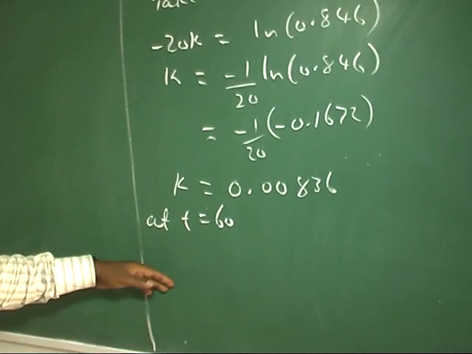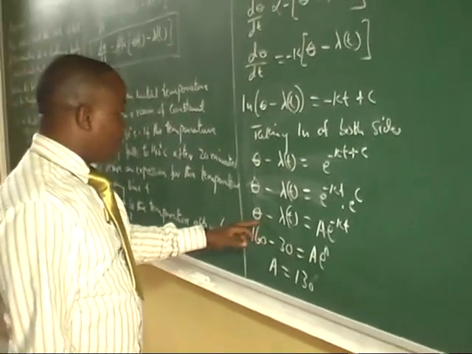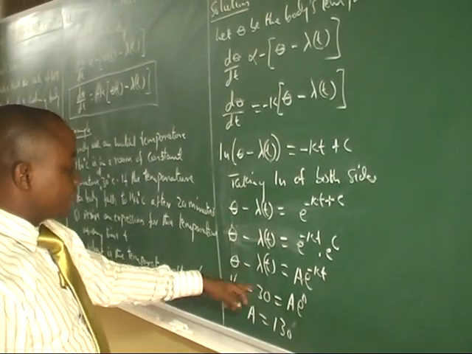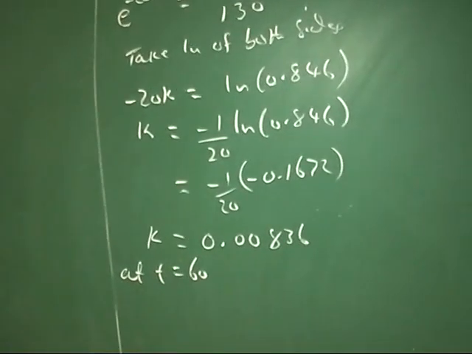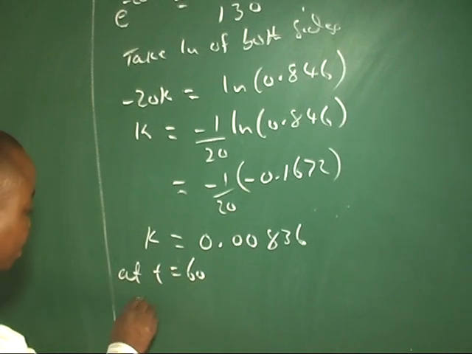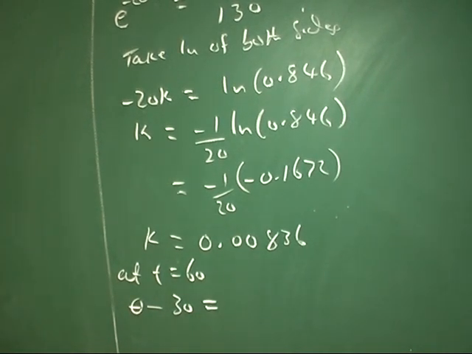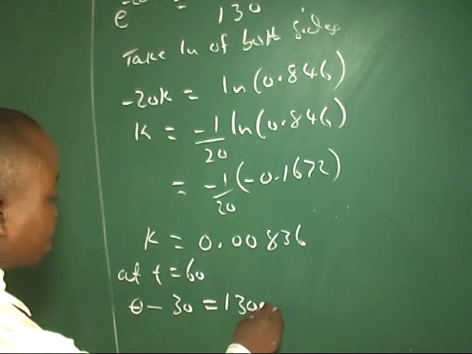That is where we want to get the temperature now. If we go to this place, we can get it from here. At t is equal to 60, what will be the temperature? We'll have that theta minus 30 will be equal to A, and A we already have as 130, then exponential